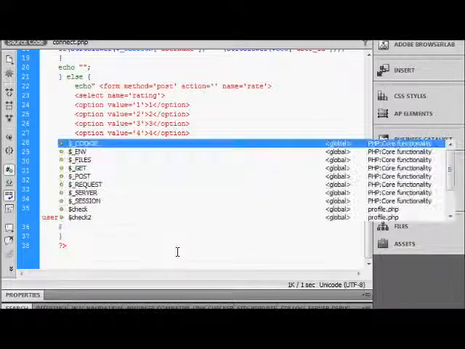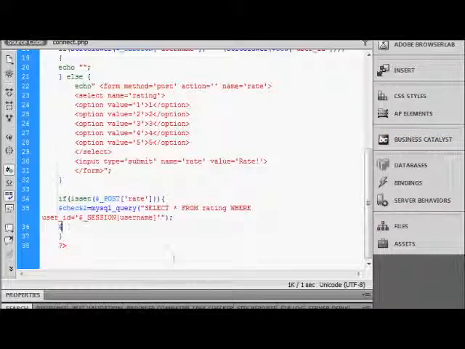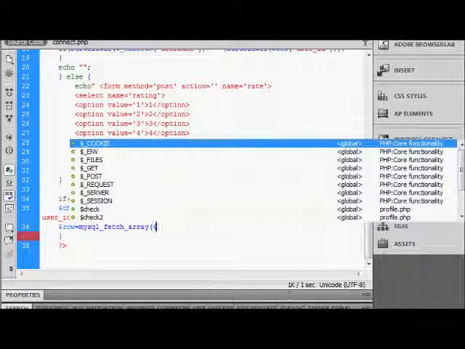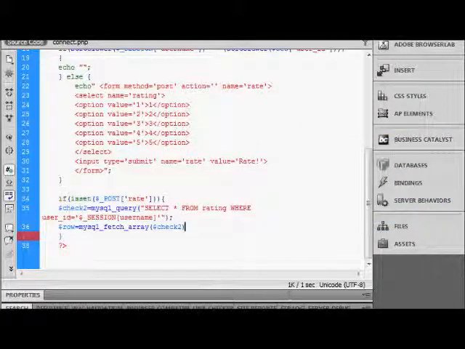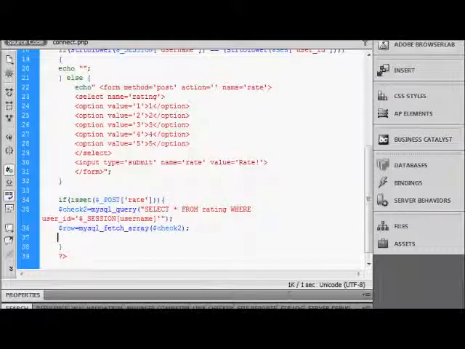Now we create another fetch array. Sorry, let's call it row. Equals MySQL fetch array for check2. Close this too. And so now we have